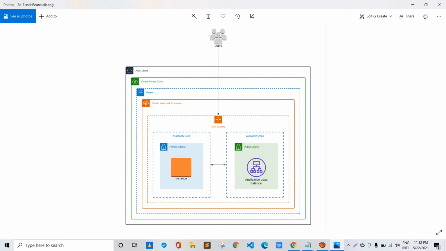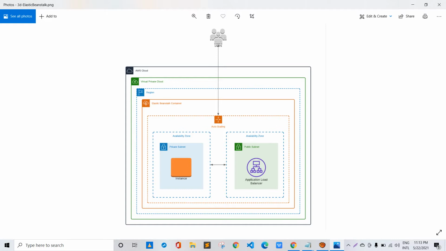So the specific thing over here is that the instances that will be created by the Elastic Beanstalk will be placed in the private subnet, or in the private network, and will be accessed by the application load balancer DNS endpoint that will be in the public subnet or public network. So our instances will be in the private subnet, and our application load balancer will be in the public subnet.